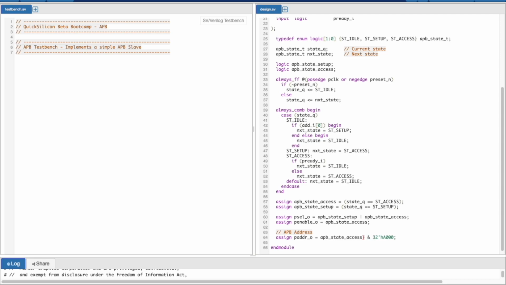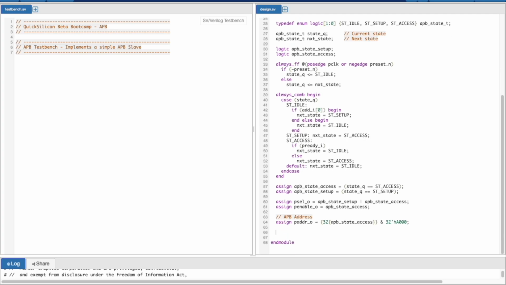The reason why we choose access is because at that particular point, whenever your state enters the access state, your address needs to stay stable. So that's what we are doing here. So this means that whenever our app state machine is not in the access state, our address would be 0. Otherwise, it will be equal to this value. Okay, so address was straightforward.